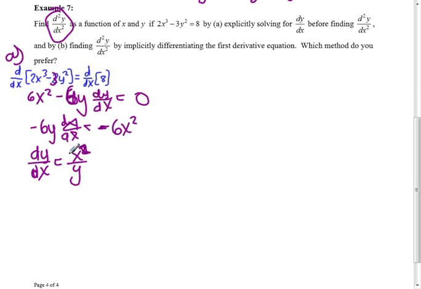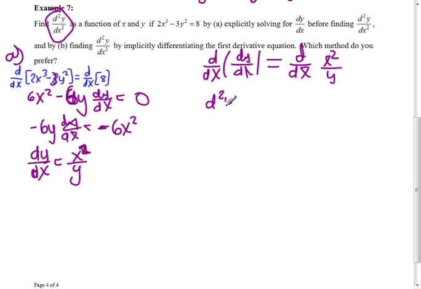Now I'm going to need to take the derivative of this. Right, I'm just going to start that over here. So take the derivative of both sides of this. Alright, equals the derivative of the other side, and it looks like we're going to have to use the quotient rule here. So we have already practiced the quotient rule, product rule, power rule, chain rule, all in these two problems. So the derivative of the first derivative is the second derivative. So d squared y over dx squared